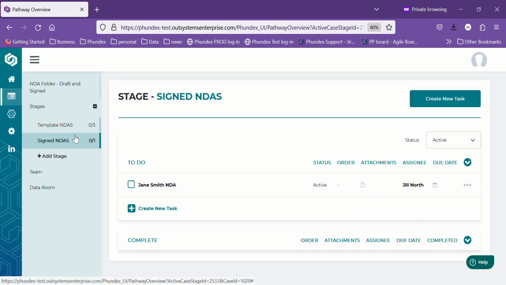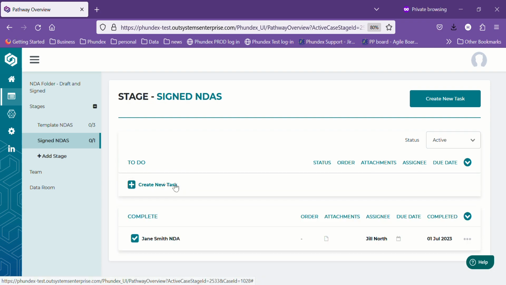In terms of your folders, let's say we're going to pretend that that's completed and signed. We've now got it in the signed area. You can see how easy it is, and you'll be able to see all of the signed NDAs that you've got in place already. If you've created an NDA somewhere else,